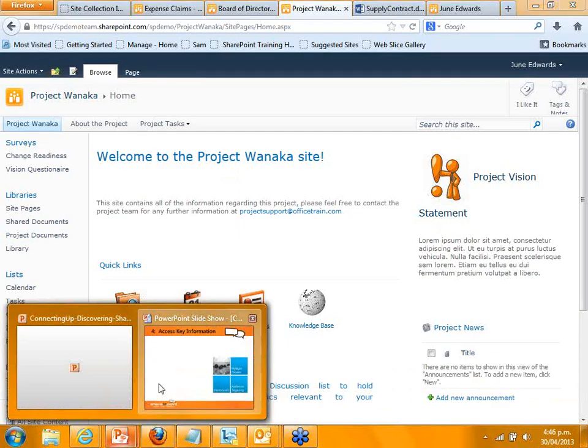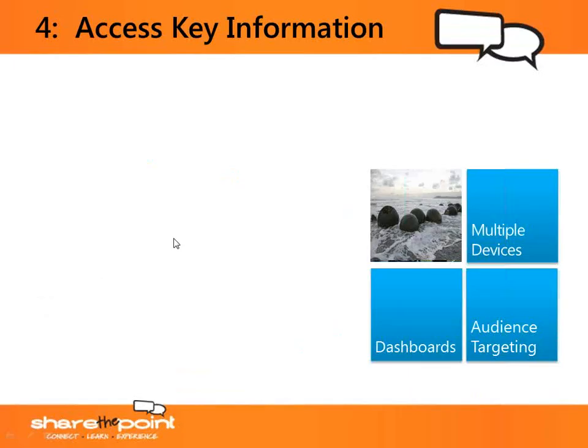Okay. The next one I wanted to talk a little bit about is just accessing information. And I've mentioned before how important it is, or one of the key features of SharePoint is the fact that you can access it online anywhere. And probably one really good thing to look at if you haven't already is Office 365. And while I'm not going to do a demonstration on exactly what Office 365 is, one of those sites I was showing you was using it.